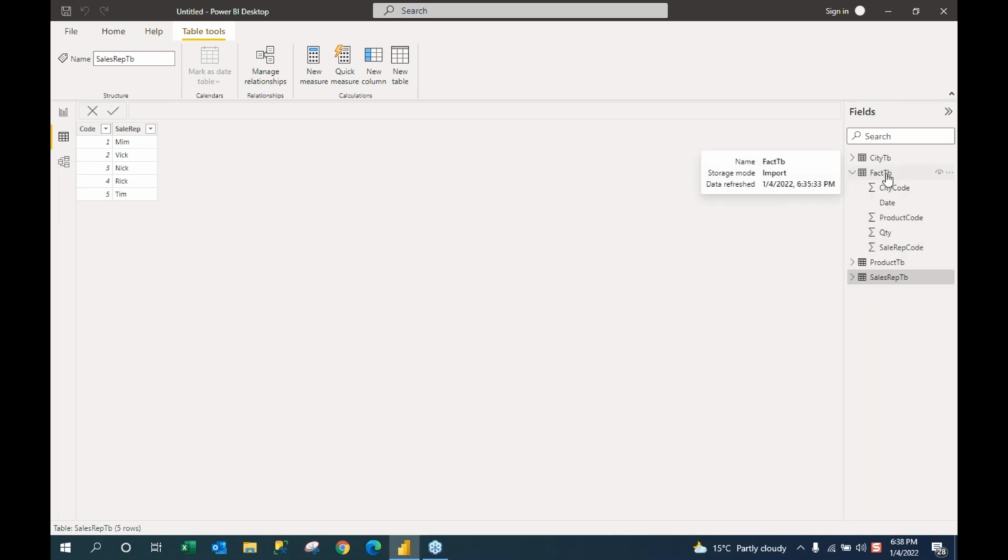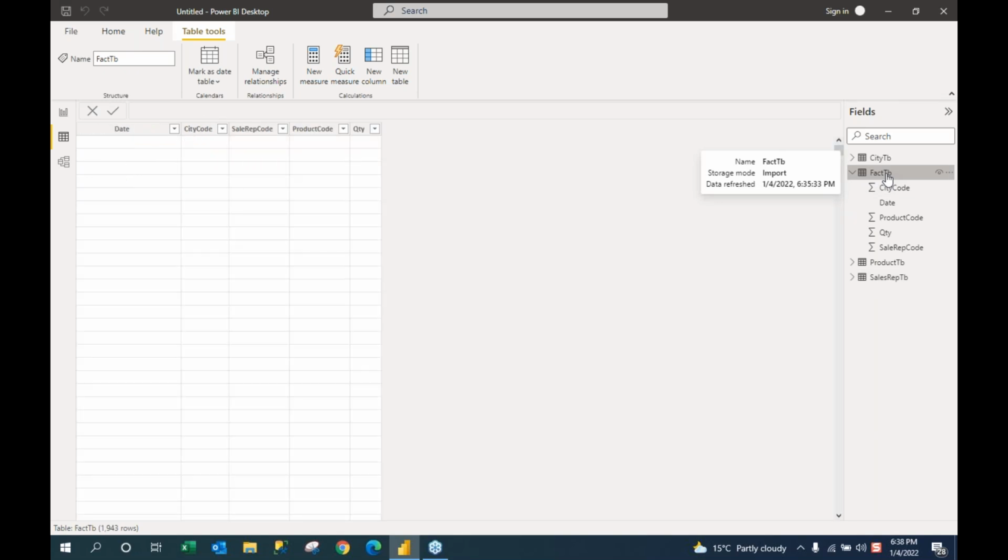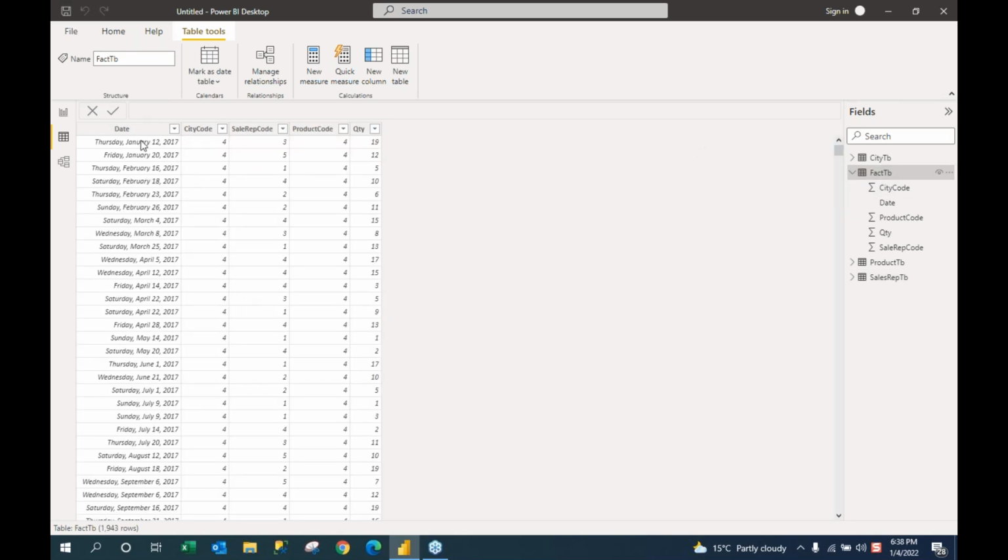Now we have the fact table. If you click the fact table, we have the date here, right? We have the date column, we have the city code, we have the sales rep code, and we have the product code and the quantity. Now, this is city, right? And we have in this column a code. This code represents